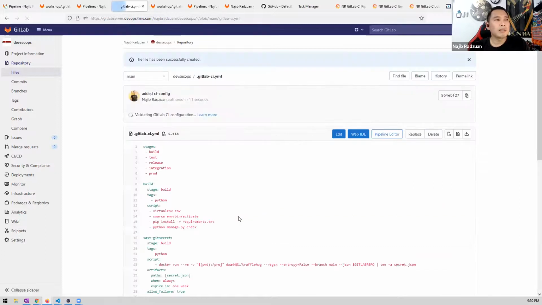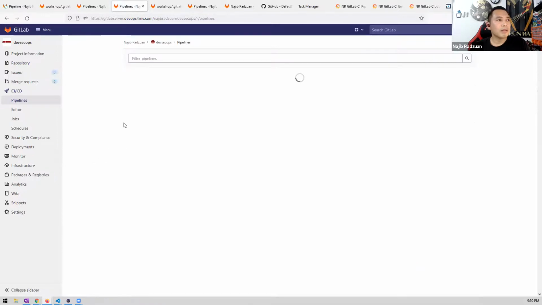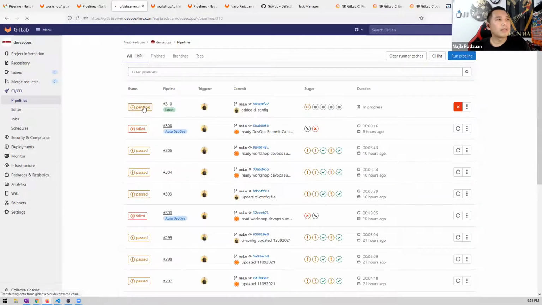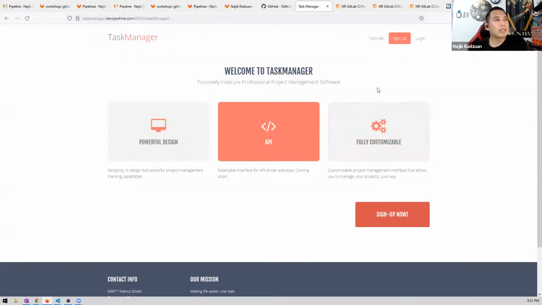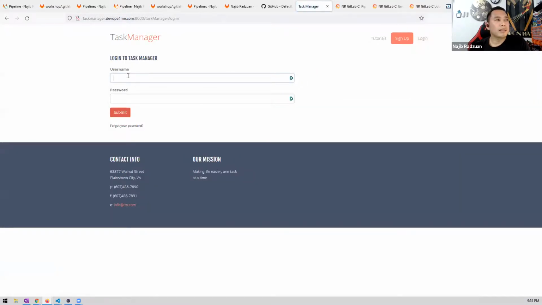Commit. Once you commit, you go to your pipeline, and then we can see all the changes that we already made in our pipeline pages. While this is running, I would like to show you our task. Actually, this is our task management production. So it's working fine. And then if I log in,